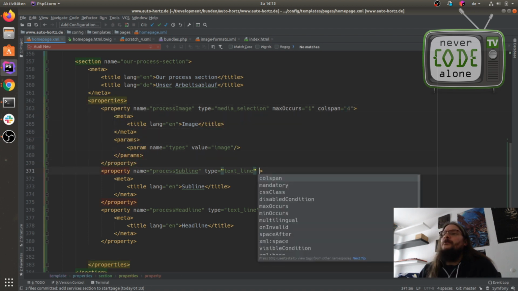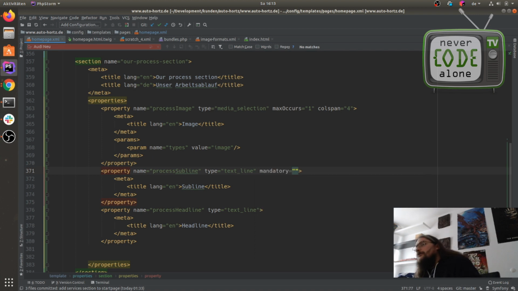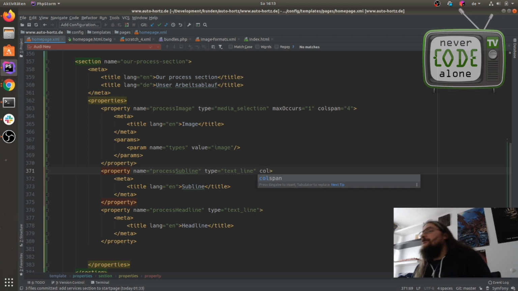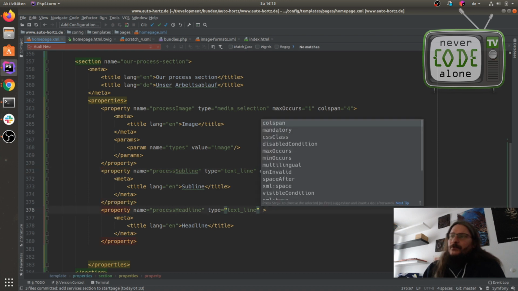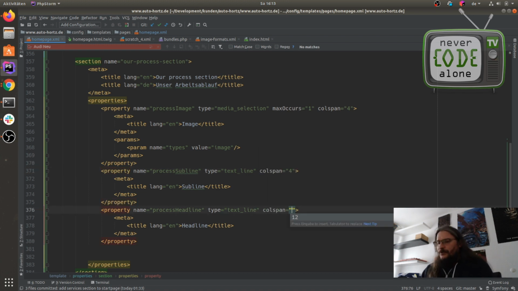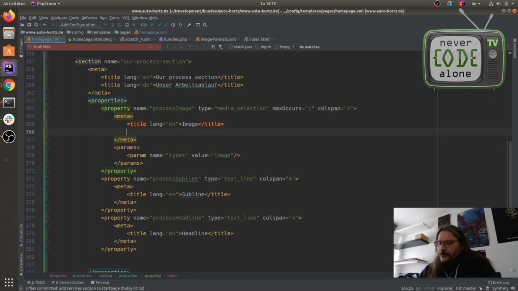I have to look around the microphone here. So we have here col span 4 and here also a col span 4. So now it's in one line, and now we also have to translate the titles here.